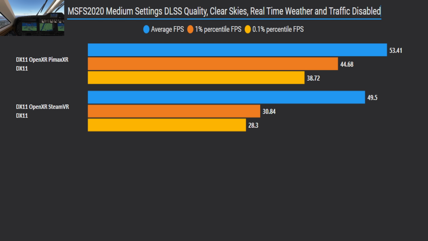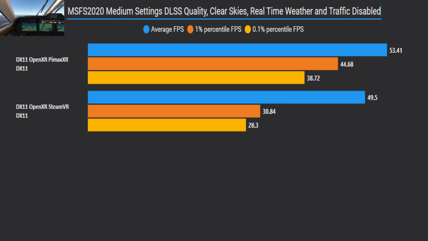This is Microsoft Flight Sim 2020. And if you are one of those people, you're sort of right. Because, again, there is a lot to talk about with this one. Flying over New York with clear skies, no traffic, and multiplayer disabled on medium settings, except for texture-related settings set to max, with DLSS quality and DX11, PimaxXR blows SteamVR the hell out